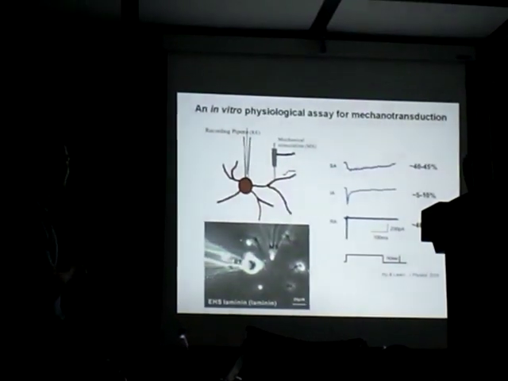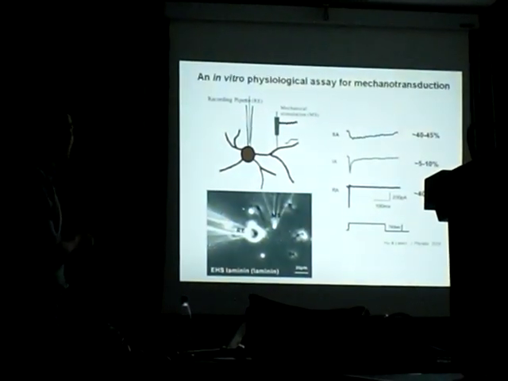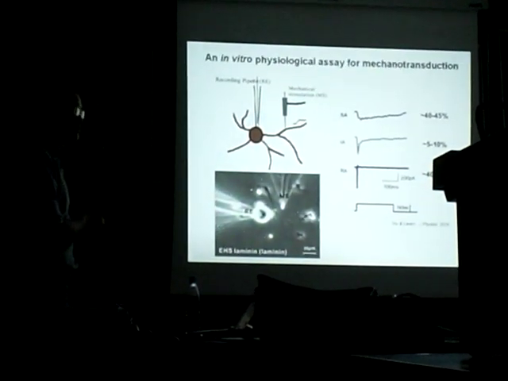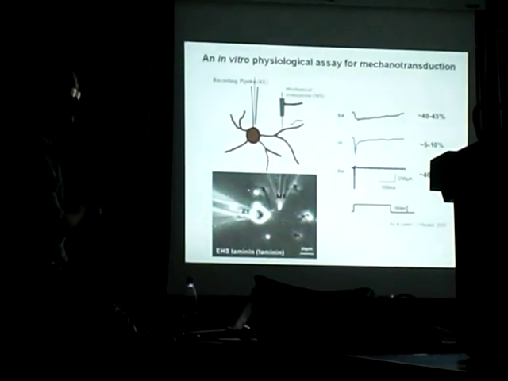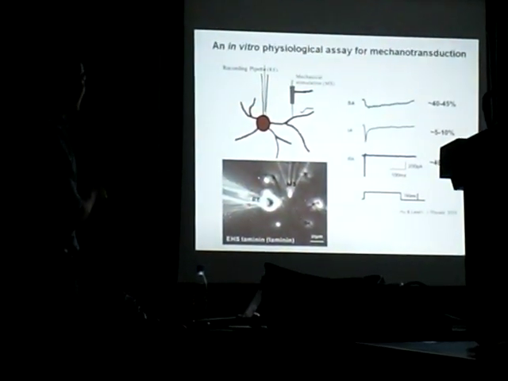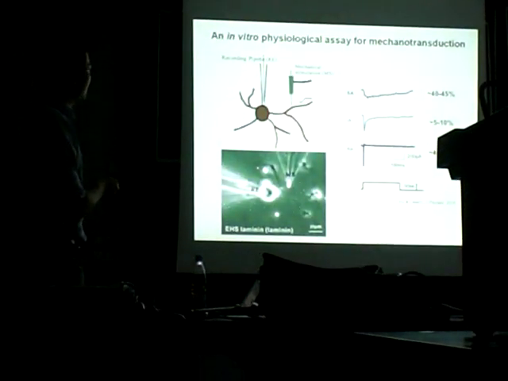Basically, 3 types of current are recorded based on their inactivation time constant. We classify them into rapidly adapting, which account for about 40 to 45% of all neurons, intermediately adapting, about 5 to 10%, and slowly adapting, about 40 to 45%. There are also